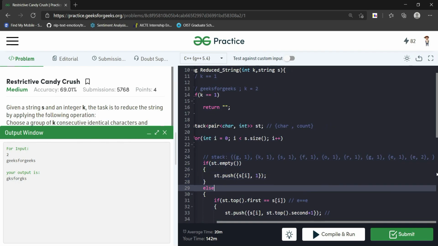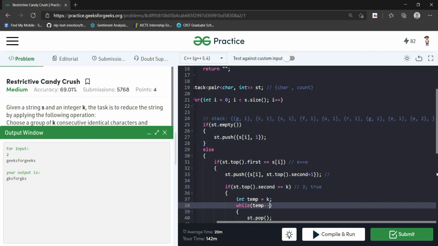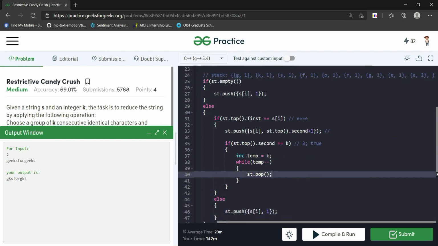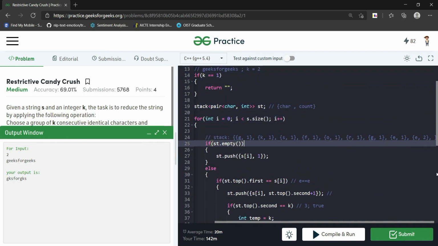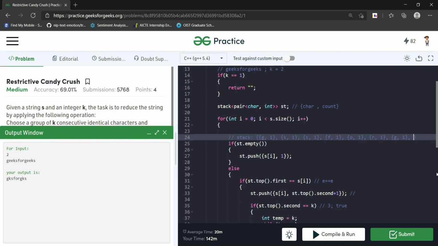Now it has been pushed. So now we come over to check if k equal to 1. So k equal to 2 for the top of the stack. So it is also 2. Now what we will do, we will pop the last two elements, or the top elements, from this stack. So this will be popped, right?